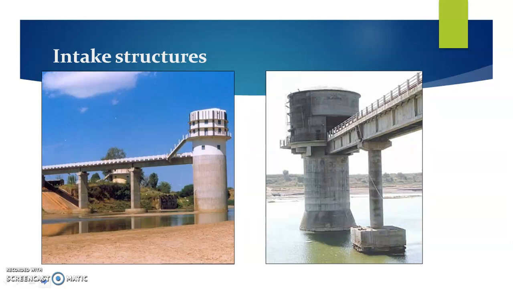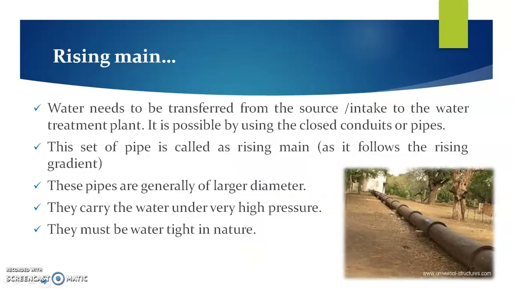These are installed in the body of source itself. This consists of the circular units conventionally, which even consist a number of pumps to lift the water. In such case, the same is even known as jack well. From this, the water is pumped and then it enters into the rising main, which is a pipe for the conveyance of water, which is the next part of our conventional water treatment plant.